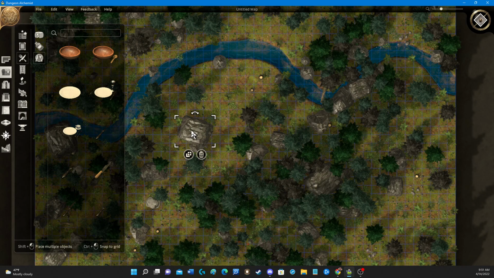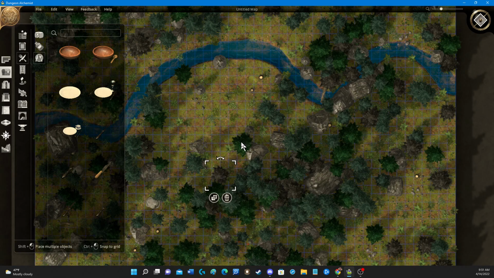But I can take this rock, right, and I can move it. Now you'll see that Dungeon Alchemist will say, oh, you can't put it there because it's on top of another rock, but you can move it there. I can put it wherever I want that it'll fit. I could rotate it if I feel like it, or I could simply click and delete it, or I could use the delete key. I'm going to make a cabin right here at the bend of the river,